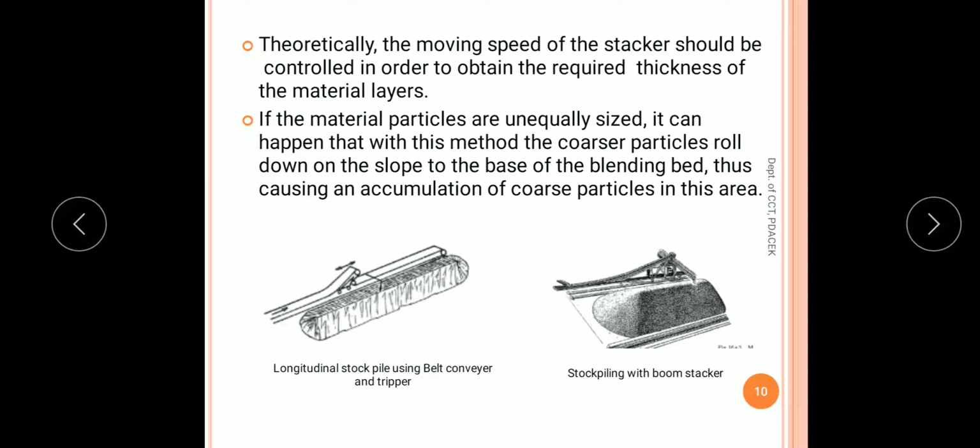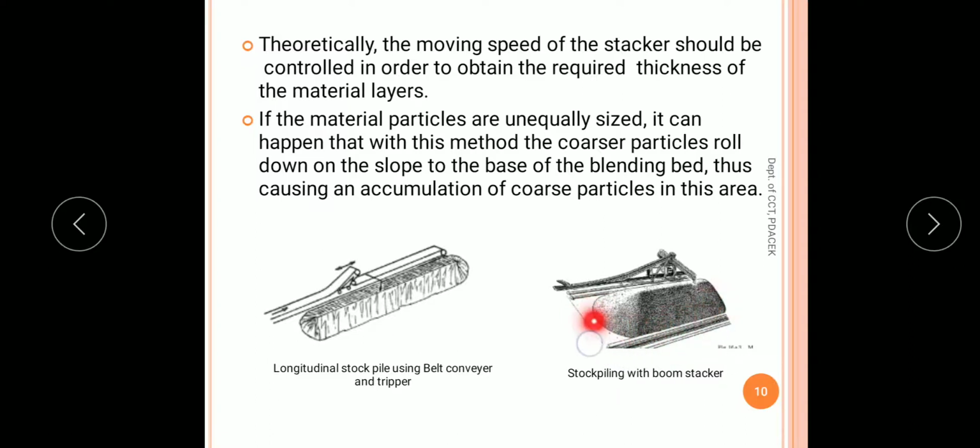One more problem with this chevron method is that when coarse particles are poured, they will roll down and accumulate at these edges.